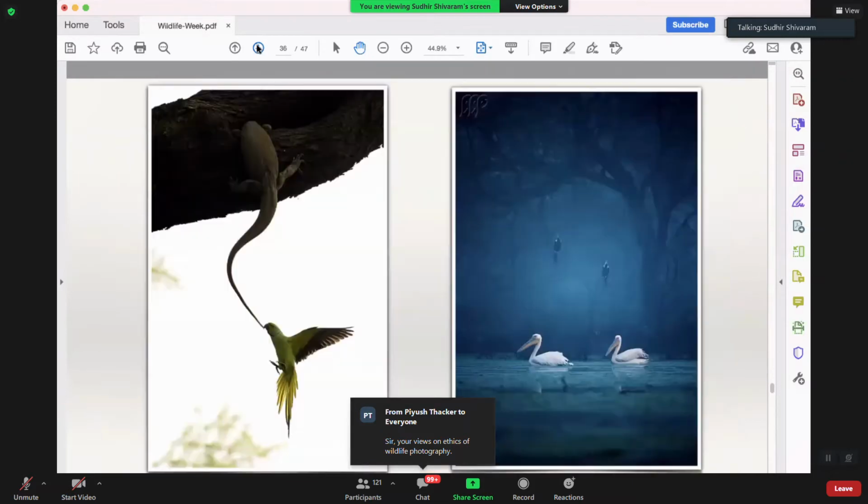Again, if you see the creativity and action, the image on the left is very close to me, but unfortunately I have lost the raw copy of that. I don't have it, it got deleted by mistake. The entire series of raw images from that Bharatpur tour got deleted. But I just have these images left with me.